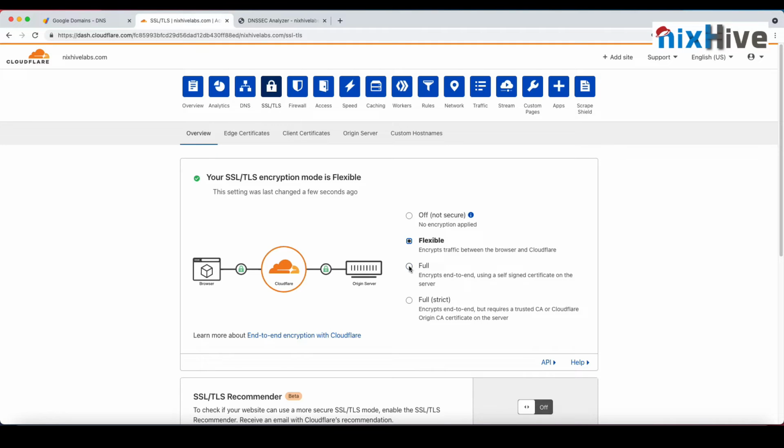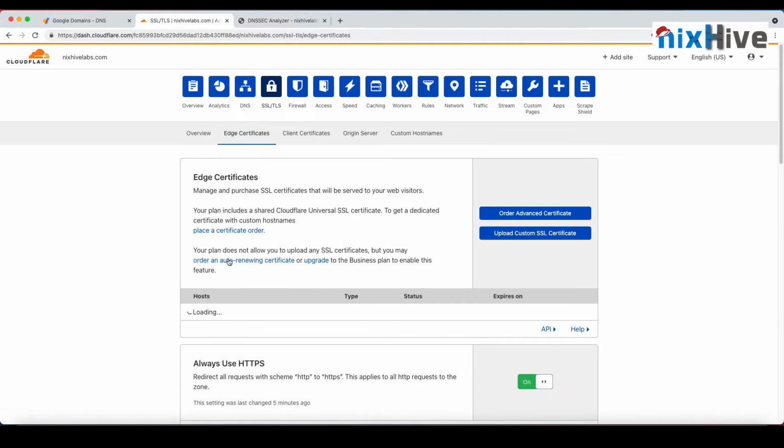So basically you can set to full, and you can install any self-signed or any default or free certificate on the origin server, and that is going to trust this communication and everything should work smoothly. And if you want to have another additional check, you can go for the full strict option, which is going to check the validity of the certificate and everything. Otherwise the connection is going to fail. So for us, full is the best option. So let's enable it. So if you go to the edge certificate,